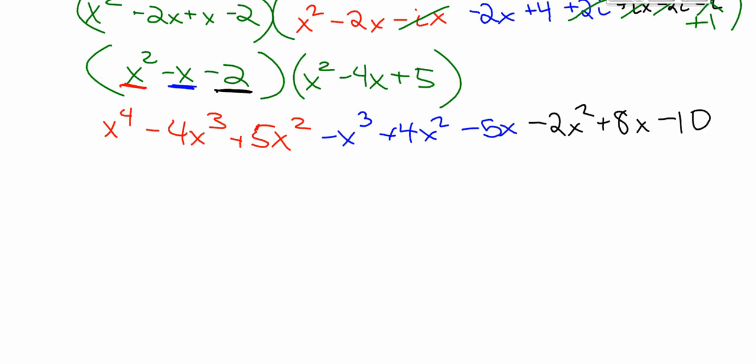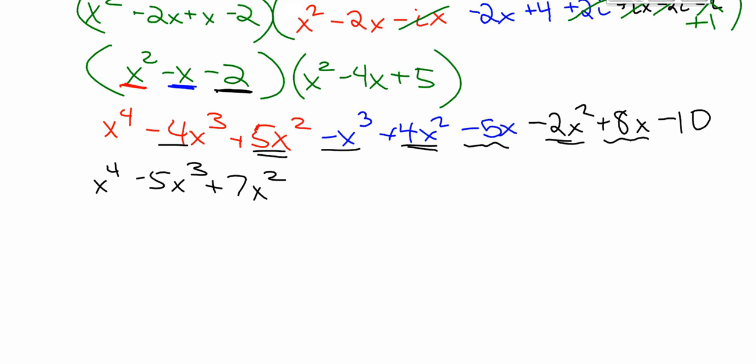I'll maybe do that, and sometimes I do a little just underlining to make sure I don't miss out on anything. So I've got the x to the 4th, that's the first term. For x to the 3rds, I've got that one and that one, and so minus 5x to the 3rd. Then x squareds, I've got a 5x squared, a 4x squared, and a minus 2, so 9 minus 2 is 7, plus 7x squared, and then my x's are just this one and this one. Negative 5x plus 8x is